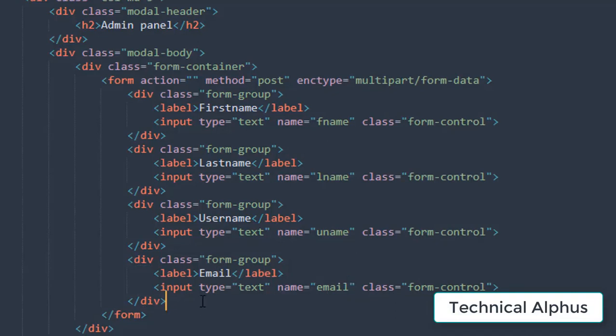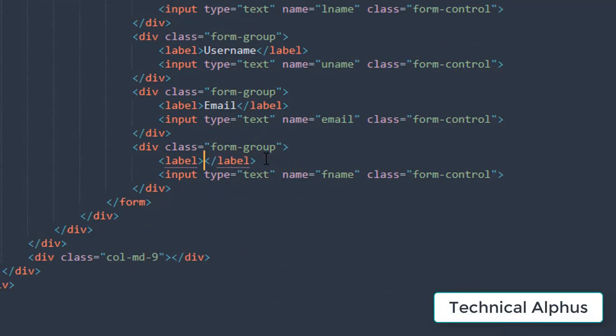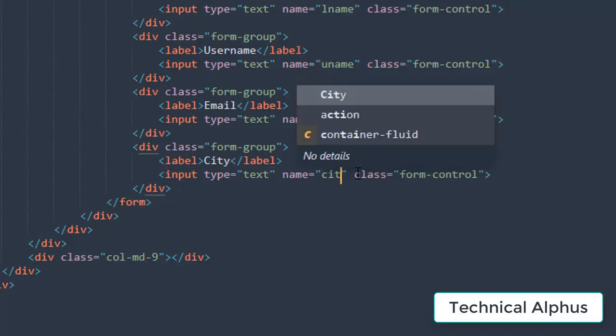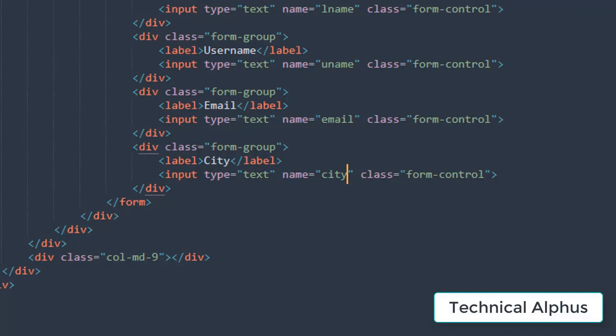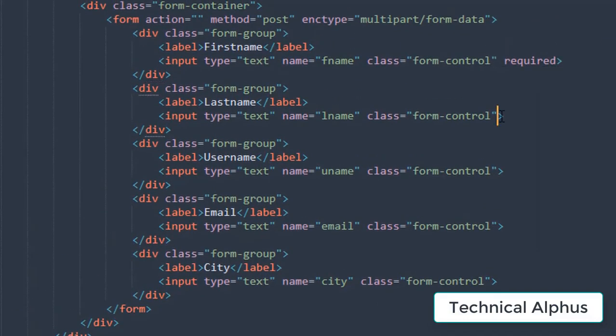And let's also take the city. So let's record the city too. In this case here, I'm going to put the city. And let's name this also city, the input type. We'll be using this name when sending data to the database. That's how it's important. And we need all these fields to be required so that they can't skip them. So we're going to put required here, required, required. Come back here, space. So we can save this. Now if we check,